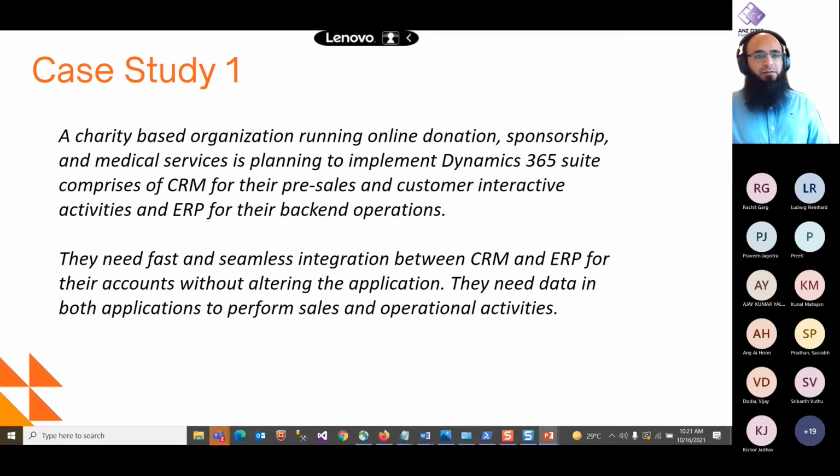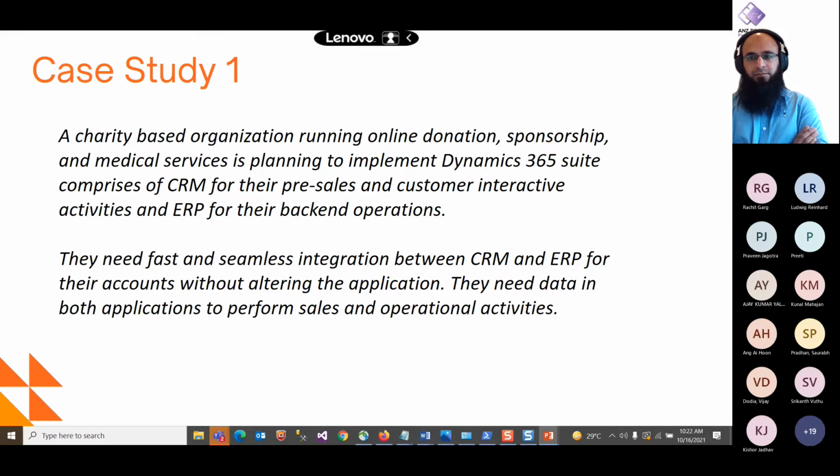Thing is, there's a scenario, just a case study that we have implemented for one of our clients who are now implementing dual write. They have a business of an online charity organization. They have their donors, their sponsorships, and many charity collections all over the world, and they want to keep the record for their donors and